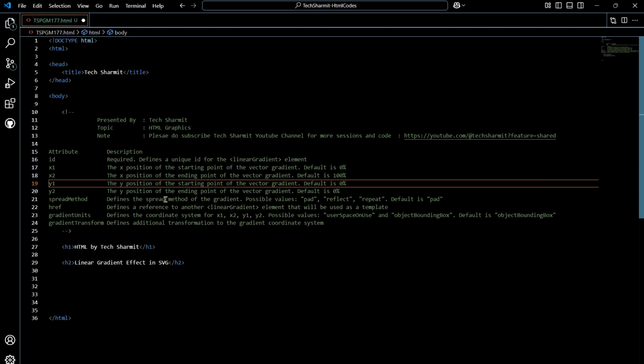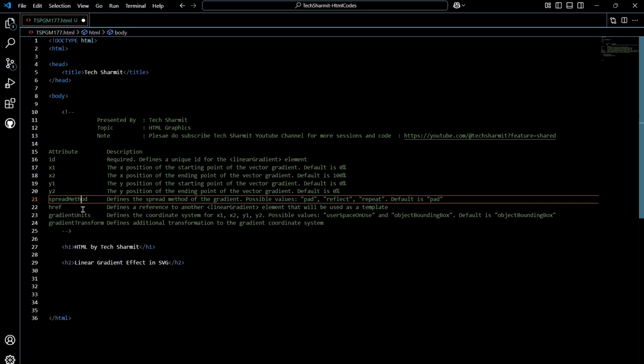here is 0%. Then the remaining 4 attributes are, like here I have noted down, spreadMethod, which defines the spread method of the gradient. Possible values are pad, reflect, repeat, and default is pad. Then we have href, which defines a reference to another linear gradient element that will be used as a template. So sometimes we might use this for referring to another gradient, so in that case we will use this